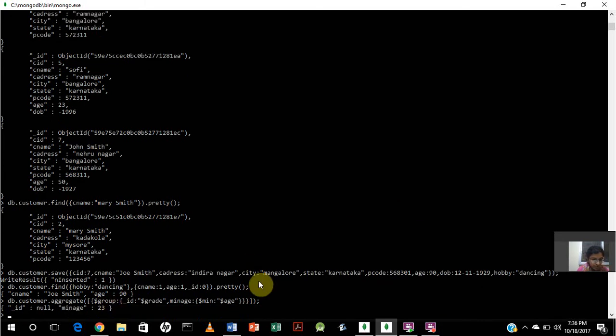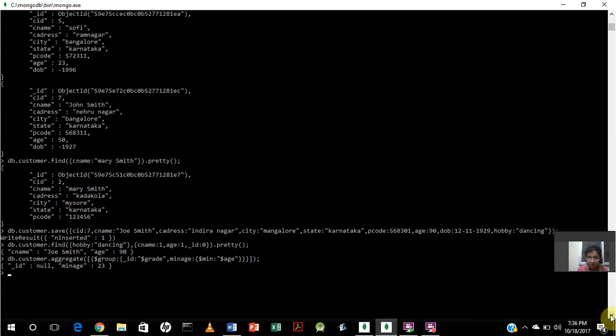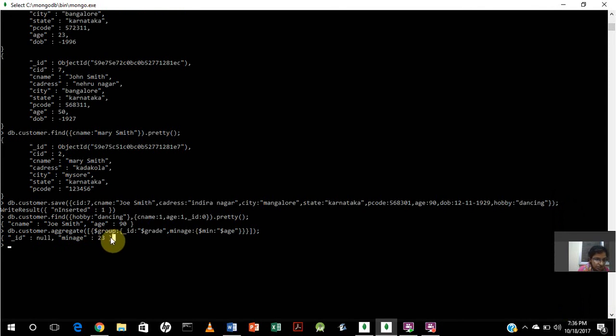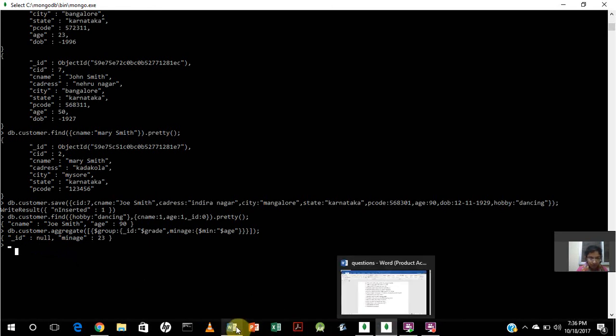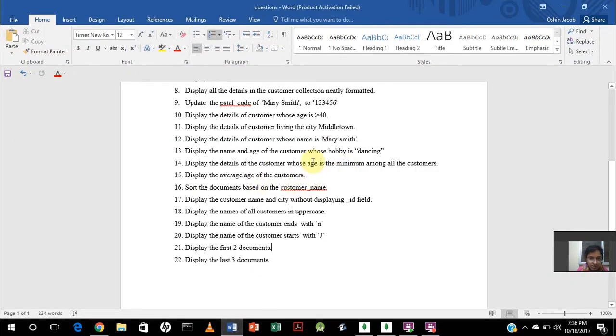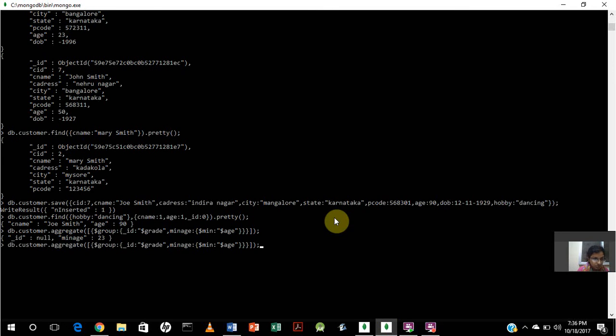So that's the minimum age among all the documents in my collection, 23, and the details of that customer are given here. Okay, now the next question is to display the average age of the customers. Again, average comes under aggregation. All that I do is I change this min age to average age,